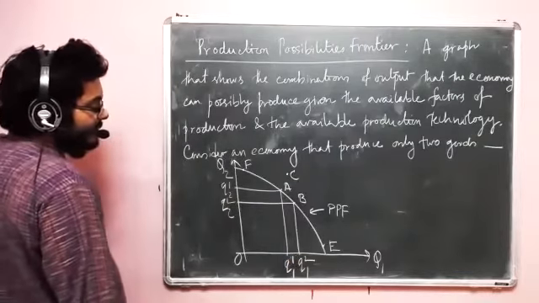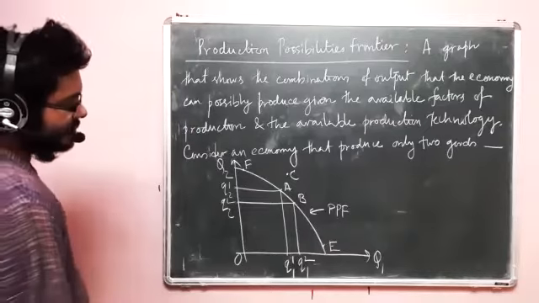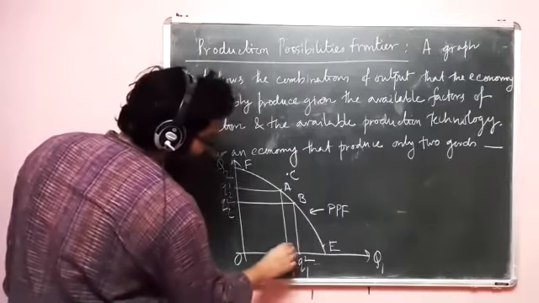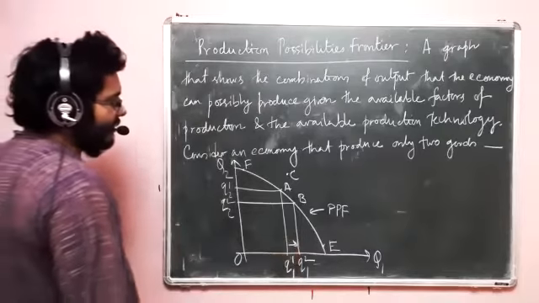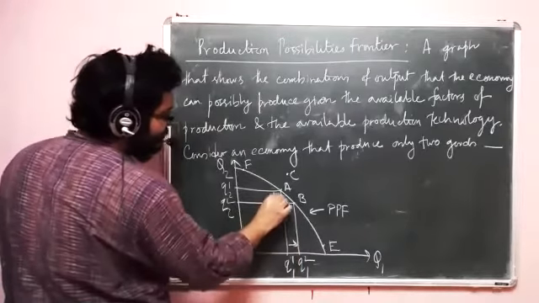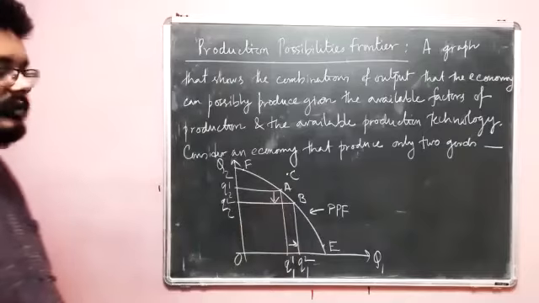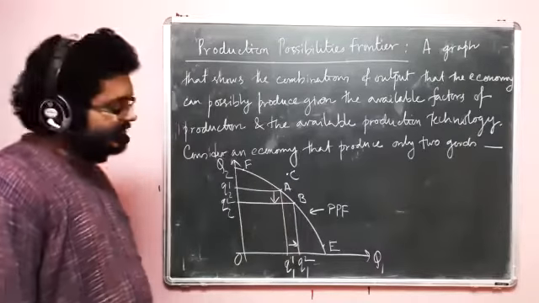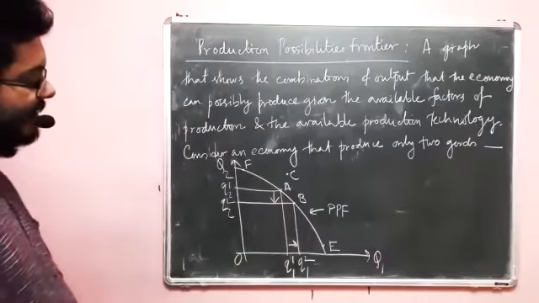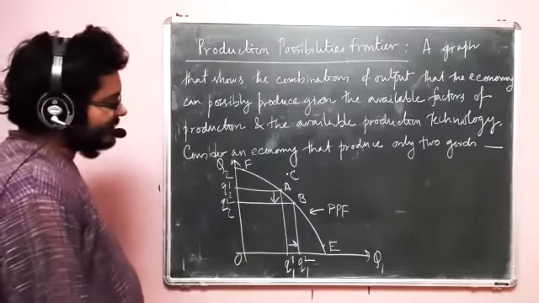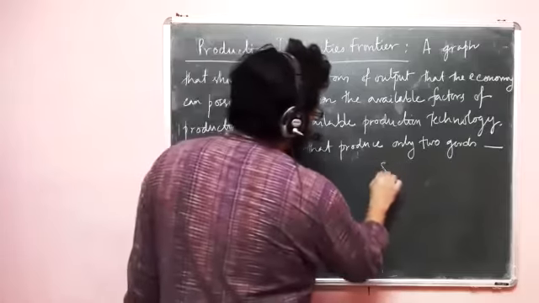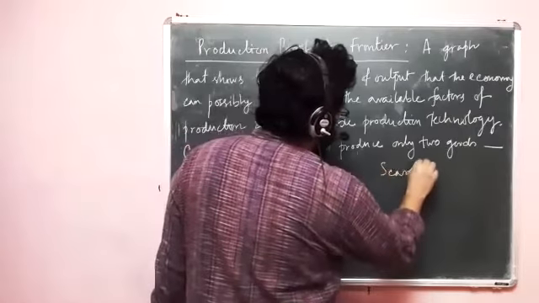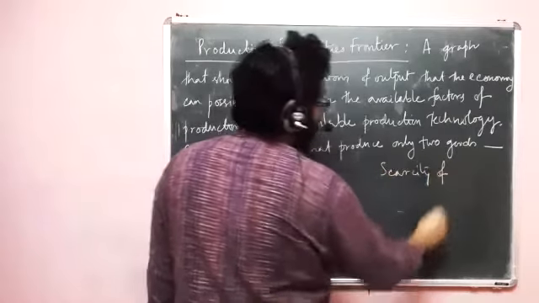So as you can see, if the economy tries to produce quantity 1 more, then a sacrifice has to be made in terms of lesser production of the second commodity. And what is the reason? The reason is scarcity. And the scarcity of what? The scarcity of inputs, the scarcity of resources. So you can say that scarcity of resources